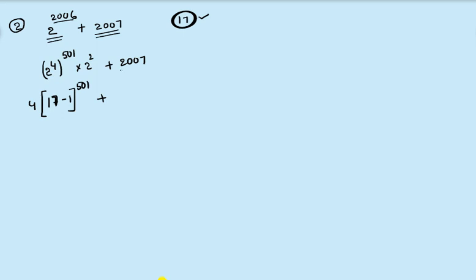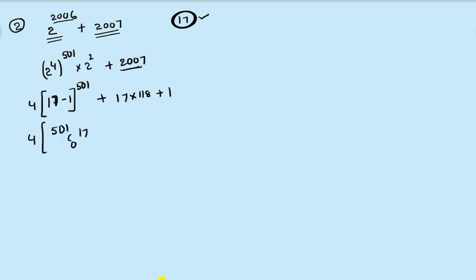We have how many times it will be divisible with 17? That can be written as 17 into 118 plus 1, right? Next, this can be further simplified as